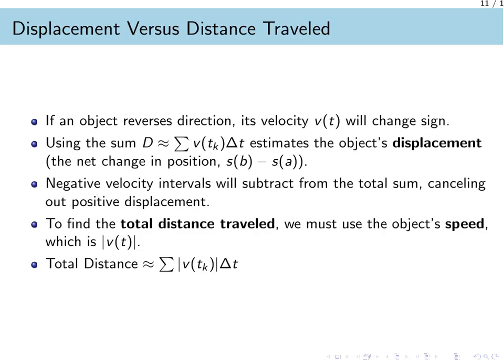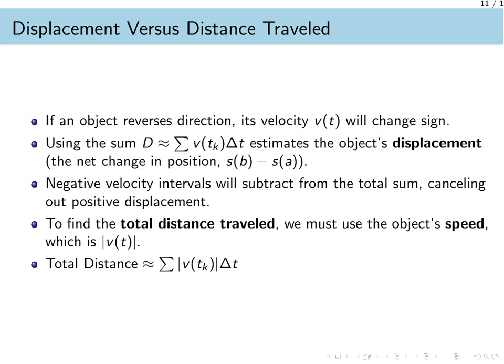We must be very careful about a crucial distinction: the difference between displacement and total distance. If an object reverses direction, its velocity will change sign. If we simply sum the velocity, v of t times delta t, the negative velocity will cancel out the positive velocity. This sum estimates the object's displacement, which is its net change in position, or s of b minus s